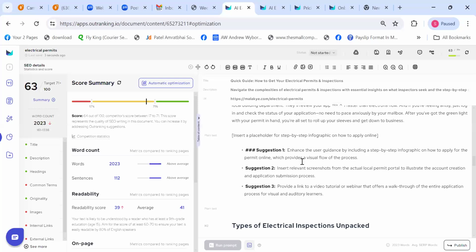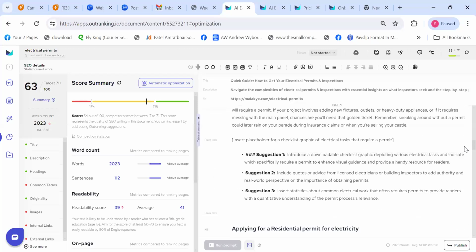It will tell you to add, for example, quotes or advice from licensed electricians, or insert statistics. So adding a quote from a licensed electrician, giving a testimonial, adding statistics, a downloadable checklist, a graphic PDF or whatever. All the suggestions are aligned with